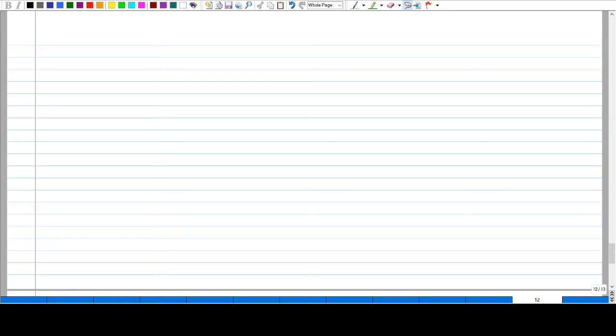Now we will see a shortcut method to draw the polar plot. This shortcut method is useful only when you don't have any zeros. There should be no zeros in the system. It will be very helpful when you don't have any zeros. When you have zeros, you need to follow the earlier method that we've seen.